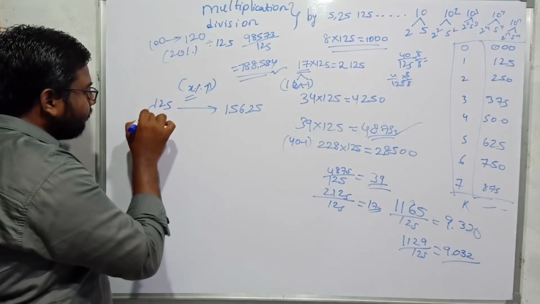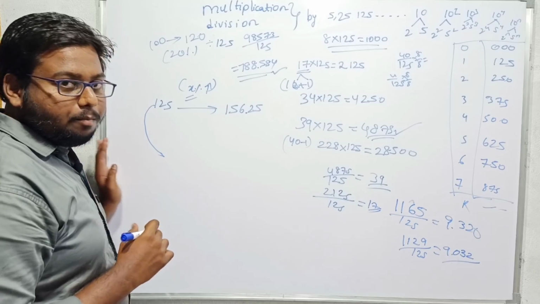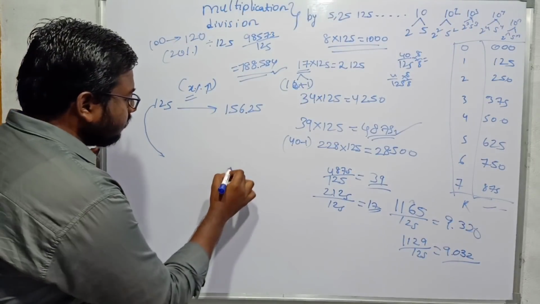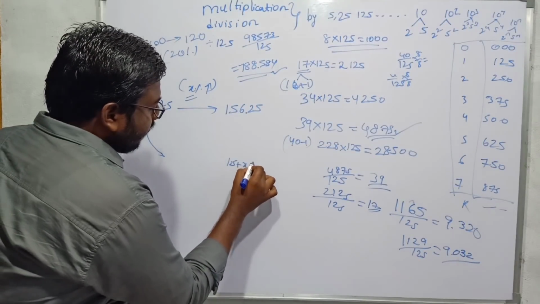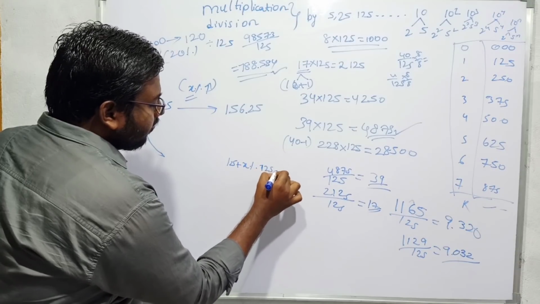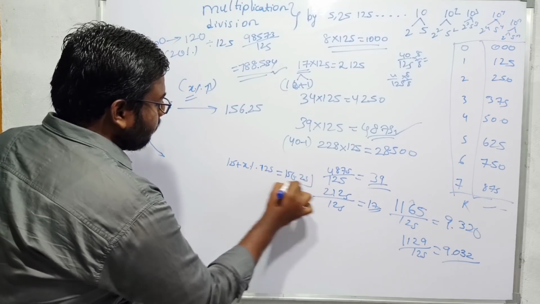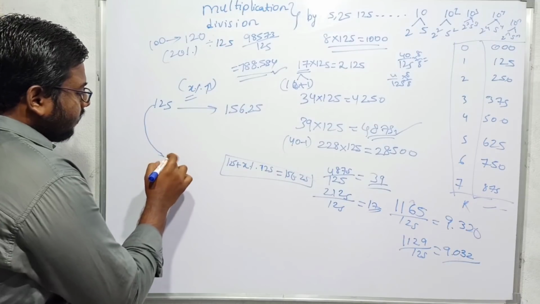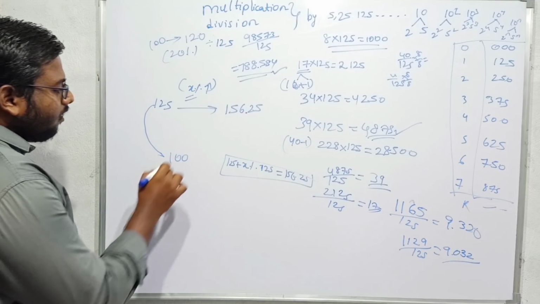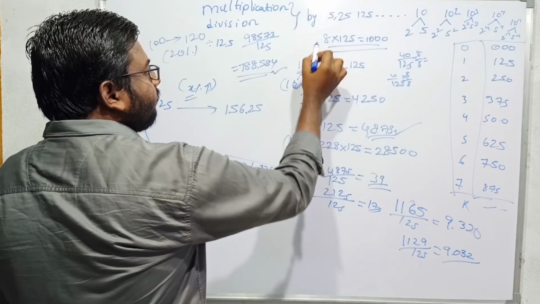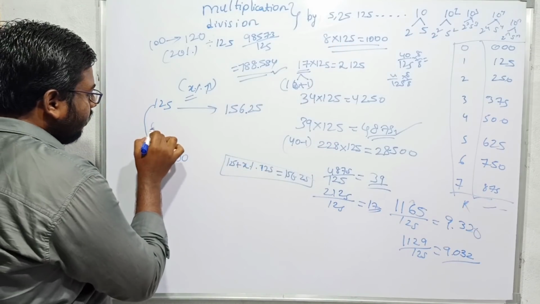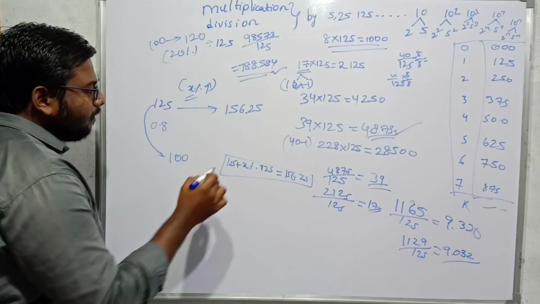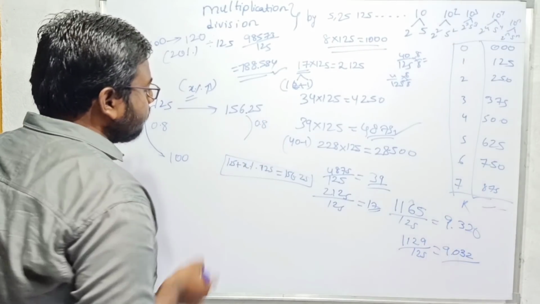So if I have the probability of making this 100, then my problem will be very easy. The actual approach for this problem is 125 plus X percent of 125 is 156.25. From this equation we have to solve the value of X. Now 125, if I make this as 100, how to make 125 as 100? From this result I know 125 into 8 is 1000, so if I put a point here, then I will get 100. So 125 into 0.8 is 100. This is the most important result you should remember. So I have to multiply this with 0.8.